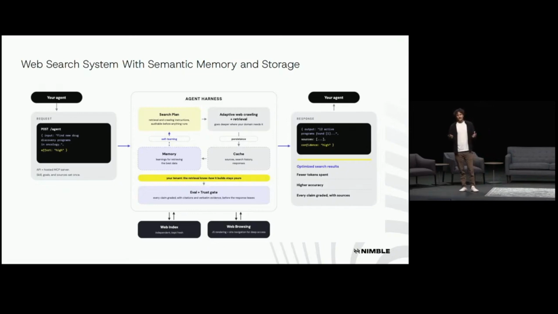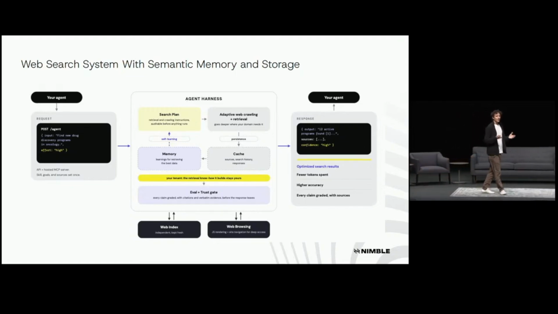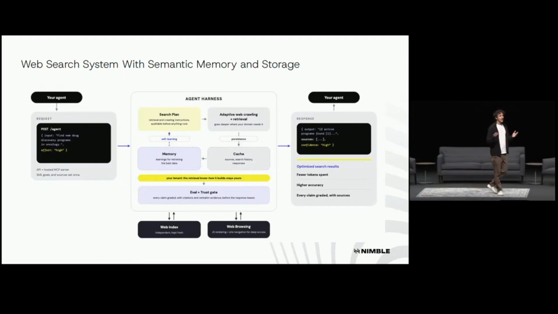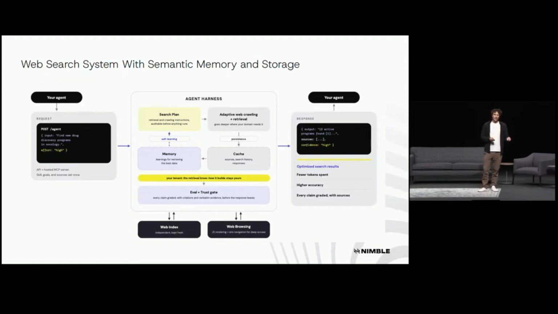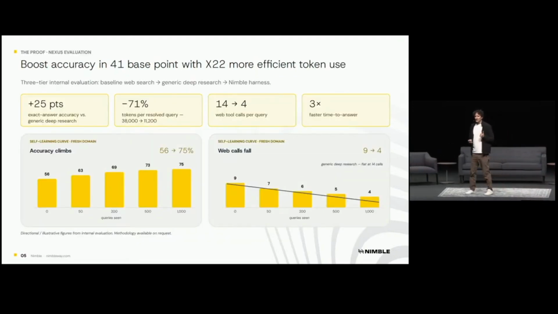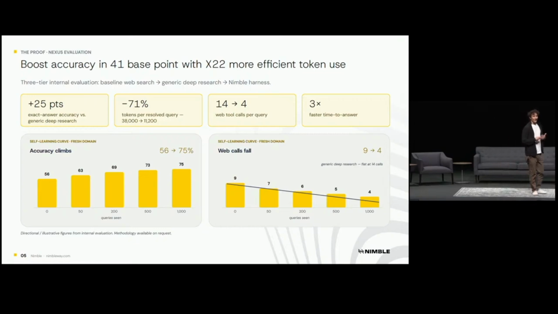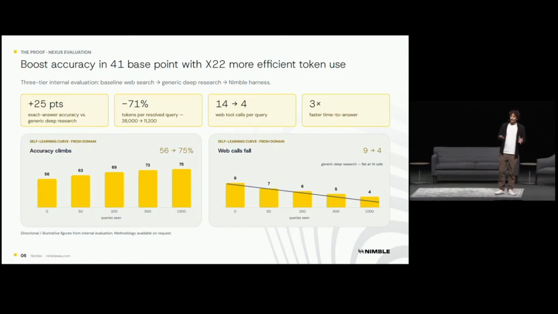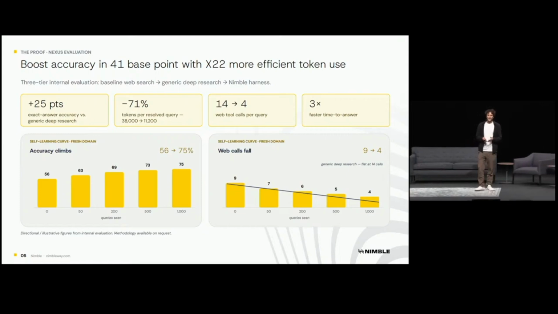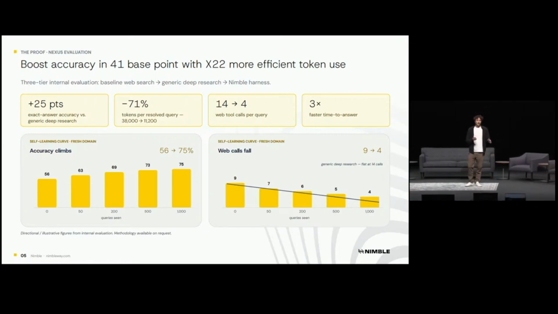So in the past, you were using general web search systems that are really good at providing information. But what we are seeing right now is that we have the opportunity to unlock a completely new type of intelligence and have the model search way better in a specific domain, which not only boosts accuracy, but also boosts performance and token efficiency. That's the result that we're seeing in our research lab, and that's something we're very proud to work on with our customers, to allow everyone running these domains to be more efficient and improve accuracy across different verticals. And it's not only in the tool use, but also in the overall token